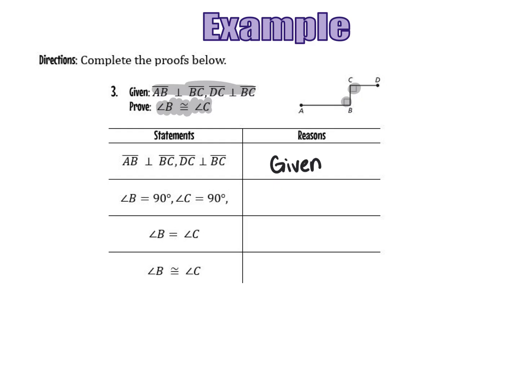What it means to be perpendicular is that they intersect to form right angles. That's the definition of perpendicular segments. If both of these things are equal to 90 degrees, then they are equal to each other. That is the transitive property